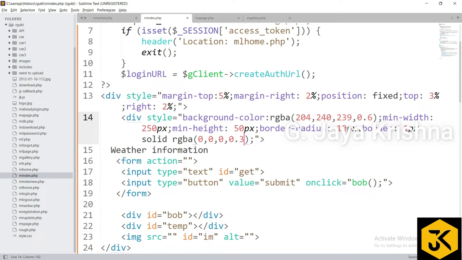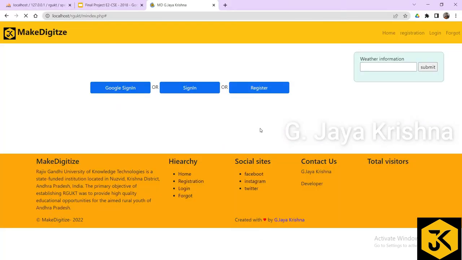So for black I am applying opacity as 0.3, and I am going to apply padding to all sides of the parent division, where from top and bottom I'm going to have 10 pixels, and the left and right as 20 pixels. Observe, now it looks good. Once I'm trying to enter something like Delhi, if I click submit, that is getting